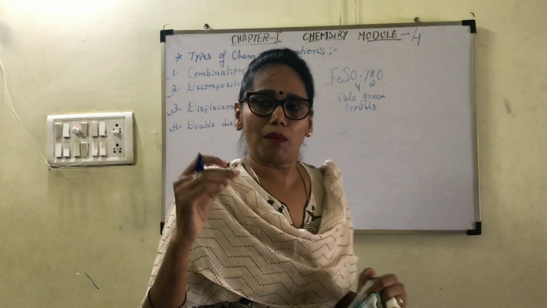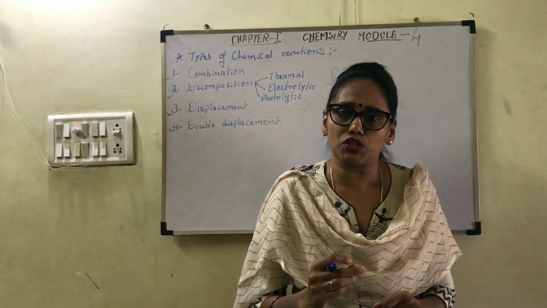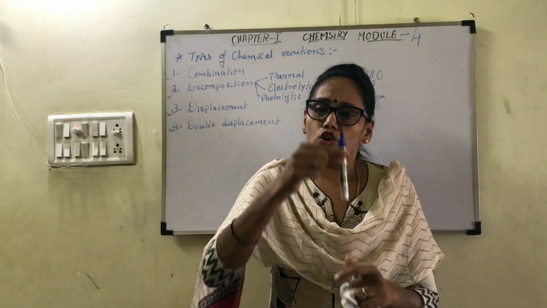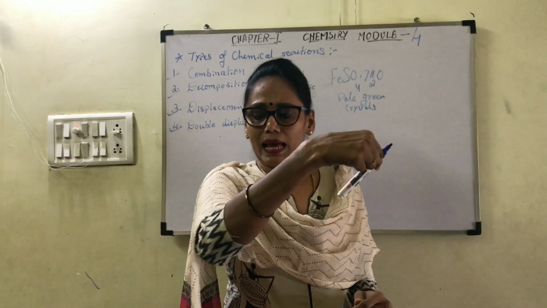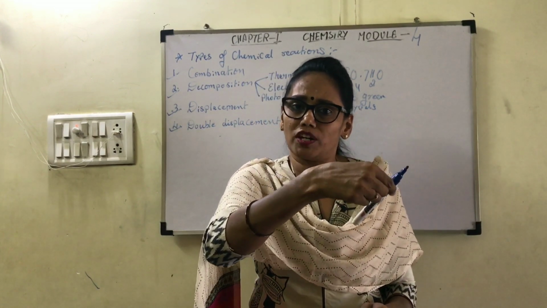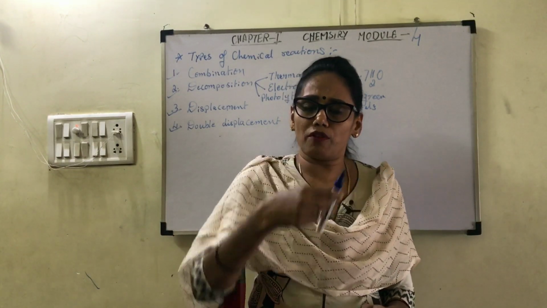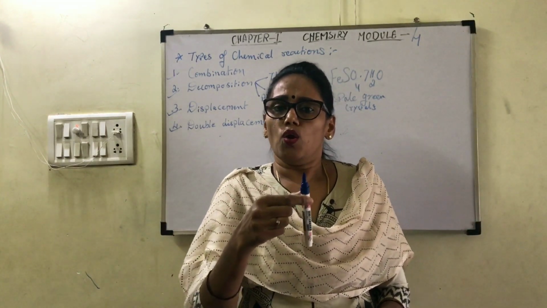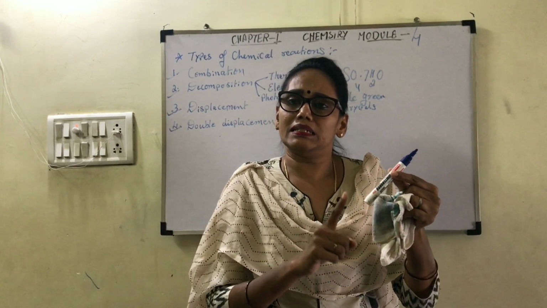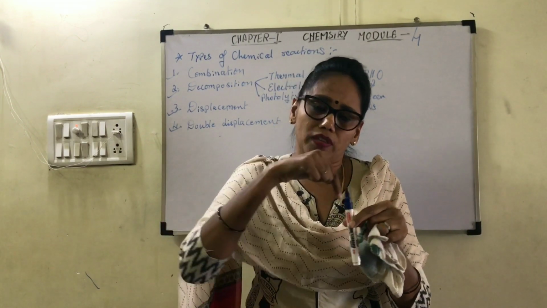Now, take some ferrous sulfate hydrated salt in a boiling test tube, and heat it. Whenever you are heating a boiling test tube, you will hold it with the tongs and keep it in a slanting position away from your face. This is your first precaution, to hold it with tongs and keep it away from your face. Now, when you heat it, what do you see? After some time, you can see the pale green turns colorless, and then you see some drops of water at the mouth of the test tube.